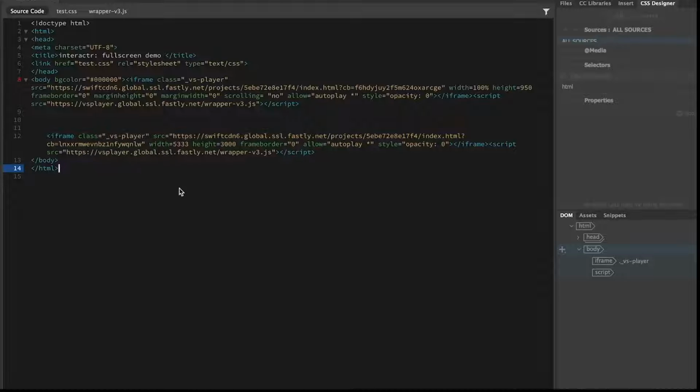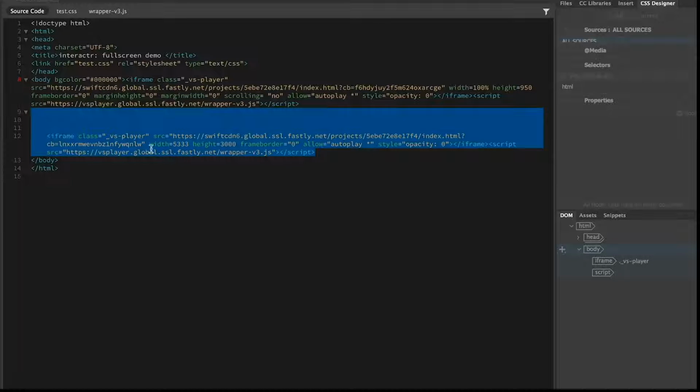So this is my code. I will just have to do some smaller tweaking. I will make the width 100% and the height 950. The frame border should be 0, the margin height 0, margin width 0, and scrolling should be no. We also allow autoplay on. And obviously the opacity has to be kept at 0. So once we write this within the code that we have just copied,